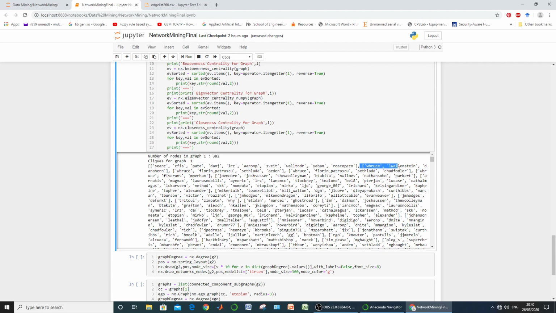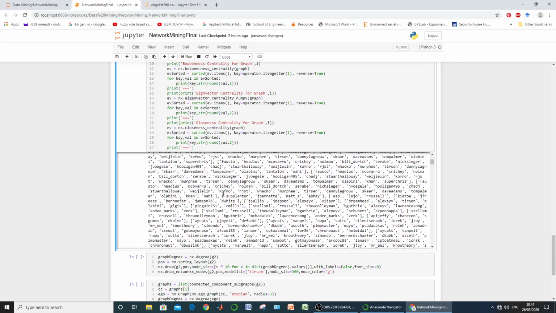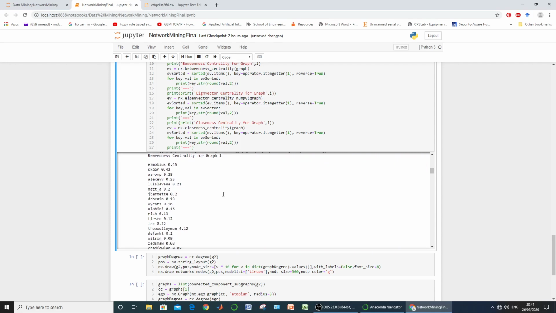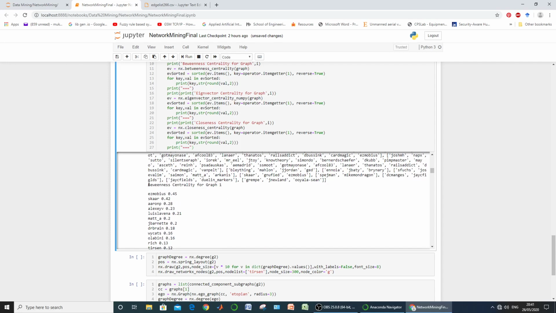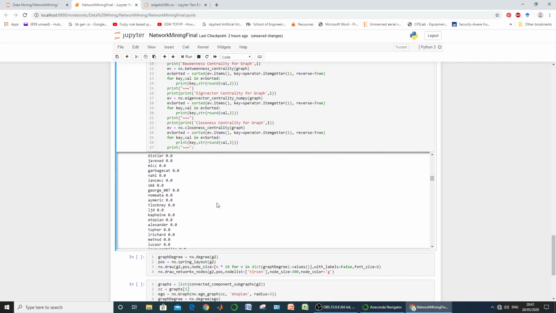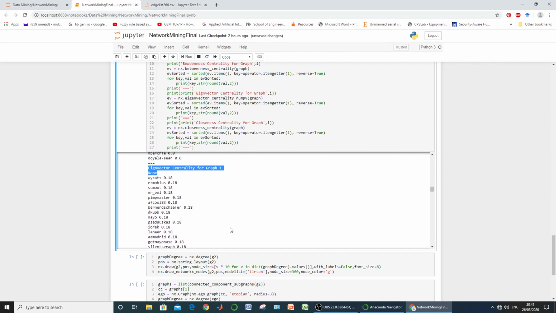The second clique is this one, meaning these three nodes are connected in a complete way in this graph. So this information is for graph 1, and next it displays its betweenness centrality for all nodes in decreasing order. After betweenness centrality, it goes for eigenvector centrality, again displayed for all the nodes.